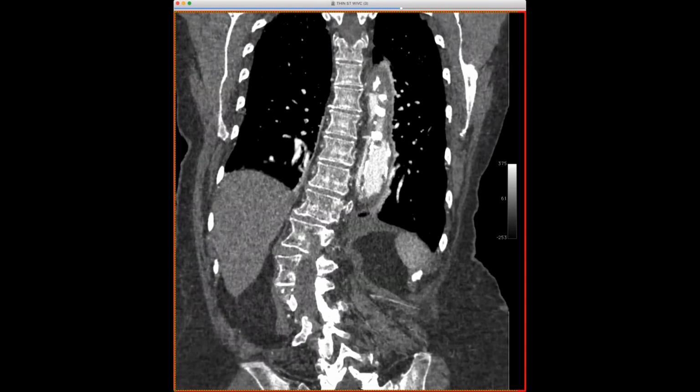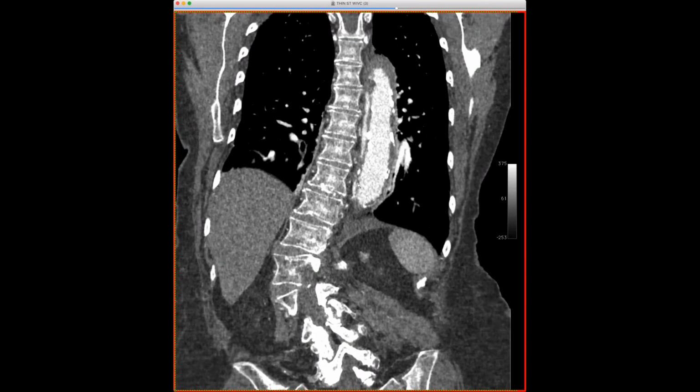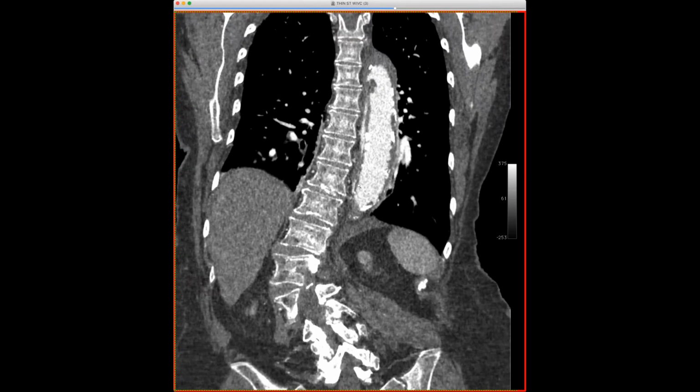Immediately, she got stented. Yes, she got stented. They just put a covered stent across this, and so they treated it as a type B dissection. So cool. So the other point to make here is that intramural hematoma is not a